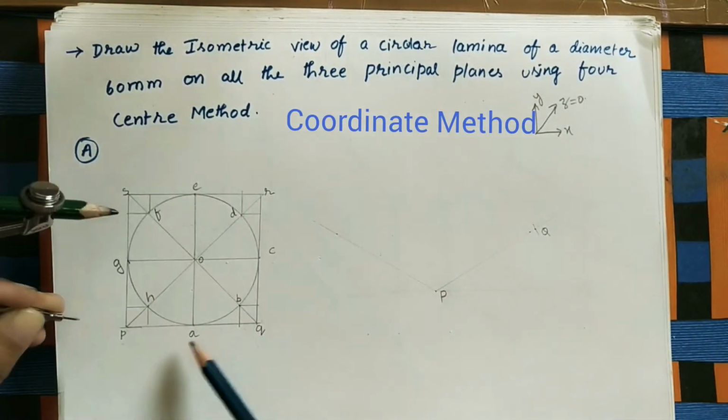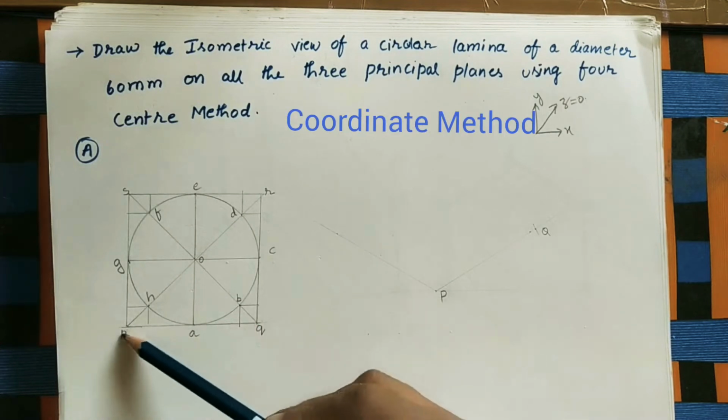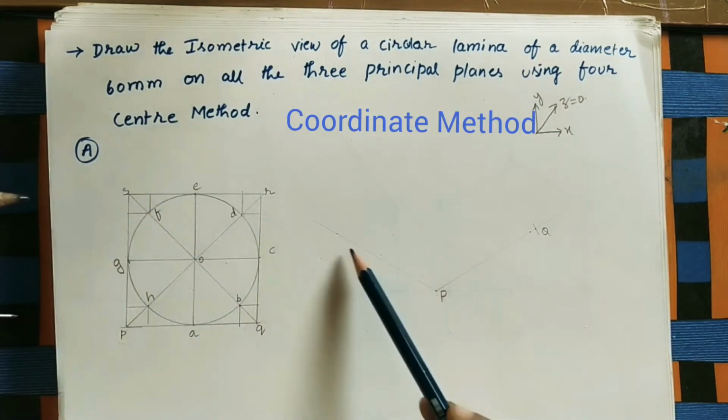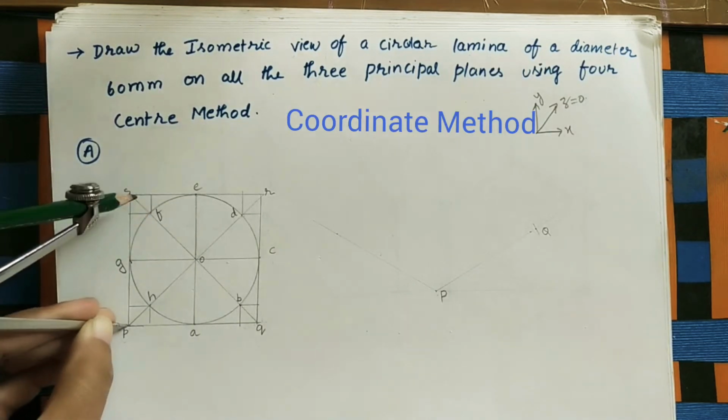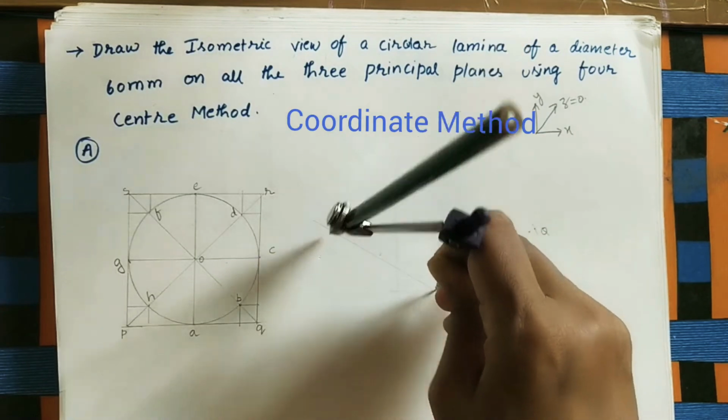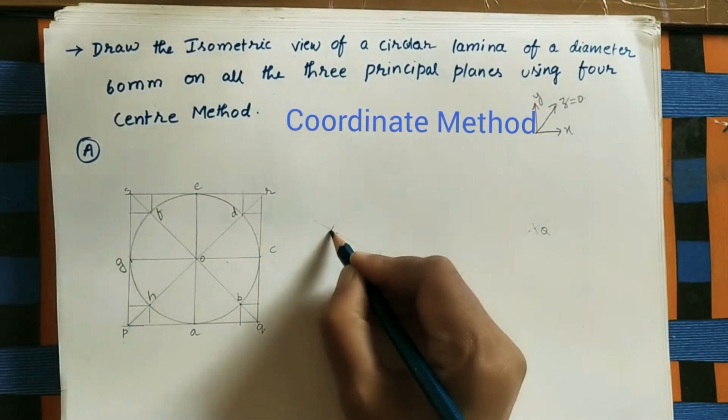Okay, and now after marking PQ, mark this PS on this line. Okay, P is the intersection point. So this side is PS. As we know, this is the square, same length. So take the same length, mark this side. Okay, take the intersection point, it is S point.